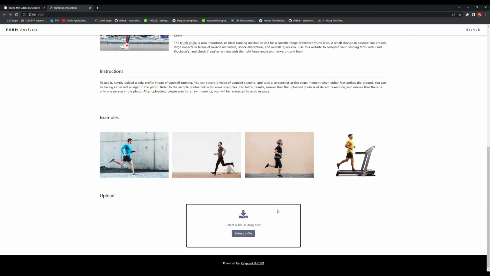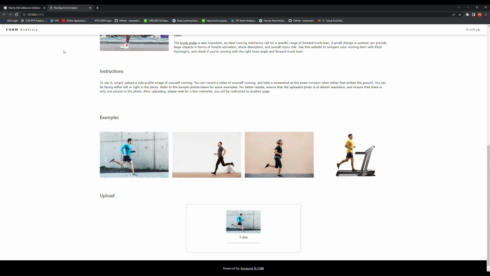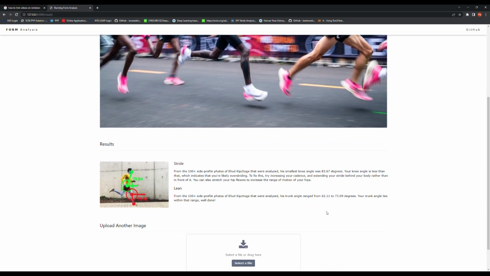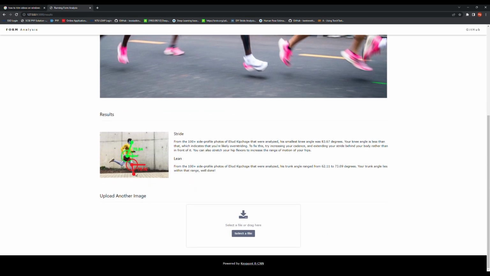So there's an upload button over here for users to upload an image. So for example, let me just choose an image. So I've uploaded this image, and there's a short wait before I'll be redirected to another page, which is the results page. So based on the results of the calculations done in the back end by the model and the